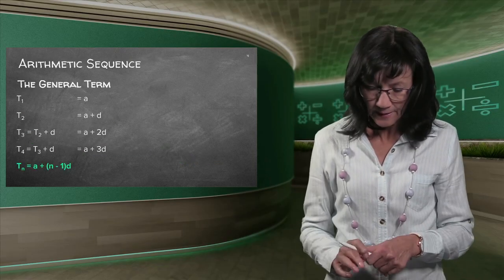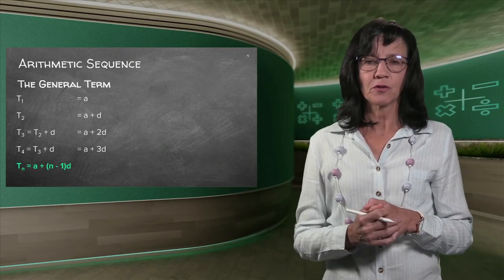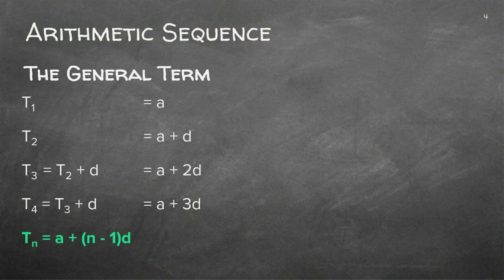Good. Now, let's get to the general term. We already did this previously, so we just revise it quickly. The first term is always A. Now, where does this come from? It comes from the formula Tn = dn + c. So the first term is always A. To get to the second term, we just add one D. To get to the next term, we add another D. So in the end, we add two Ds. To get to the next one, we add another D.